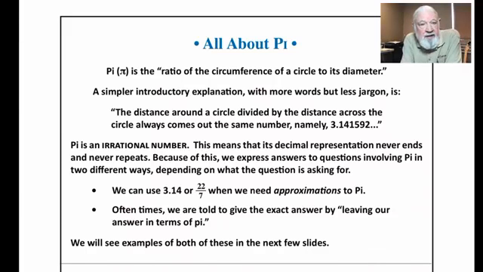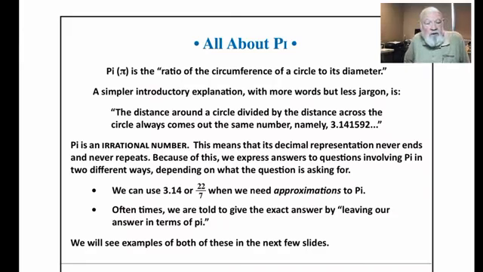And when you do that, whether the circle is the size of a dime or the size of the sun, doesn't really matter. If you take the distance around the circle and divide it by the distance across the circle, interestingly, you always get the same number: 3.14159... In fact, the decimal representation of pi goes on forever, and it's called an irrational number because it never stops and it never repeats, giving it a very different characteristic from the numbers we use in everyday life.